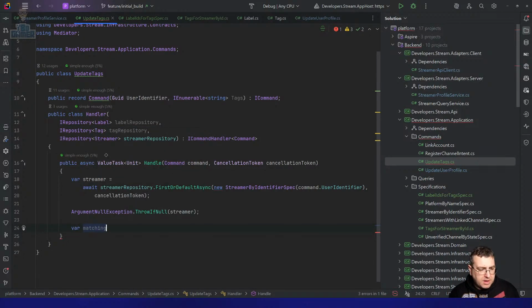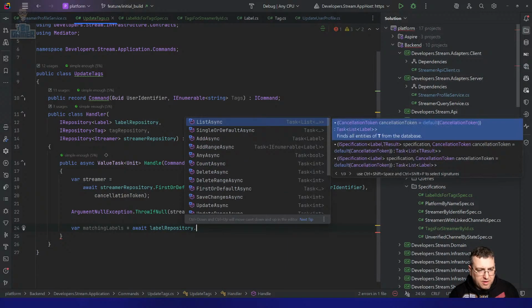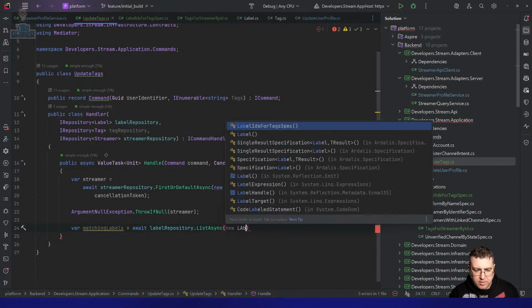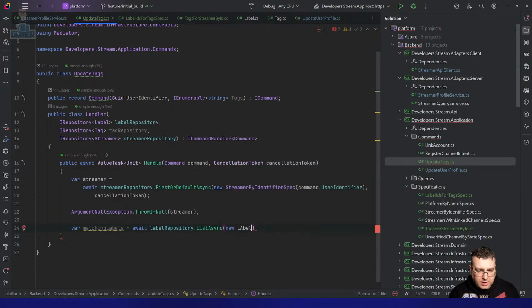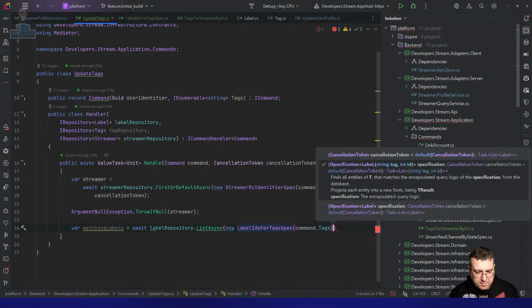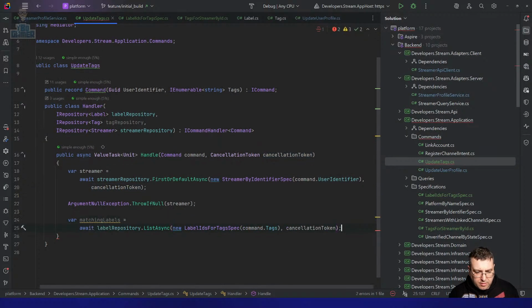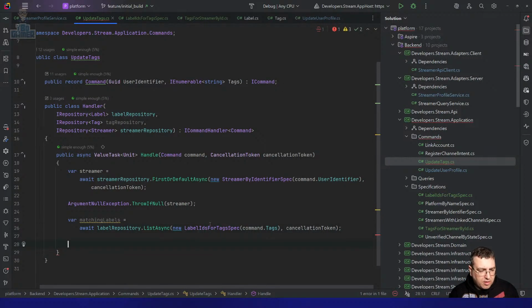The matching labels equals await label repository dot list async new label IDs for tag spec, and this is going to take command tags, cancellation token. Obviously, this is not going to